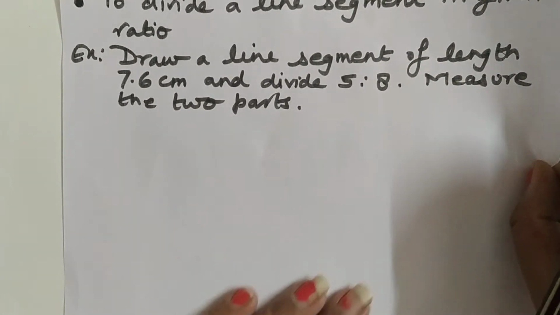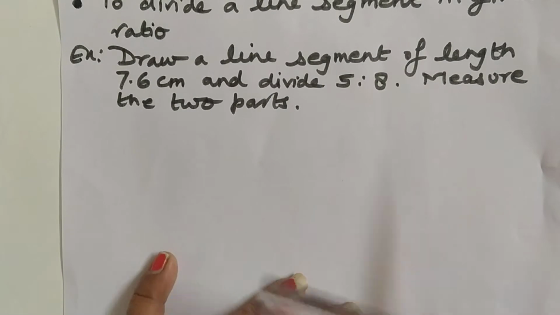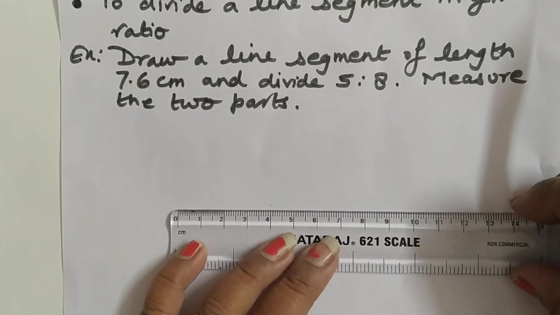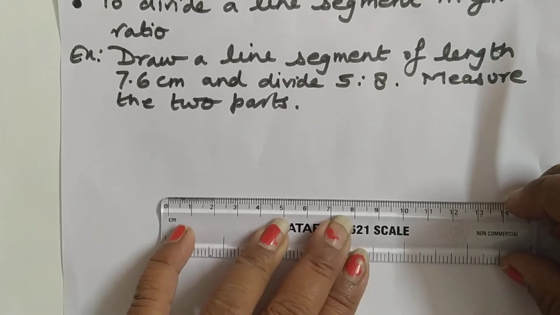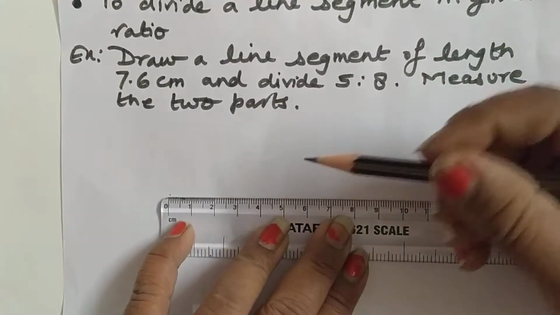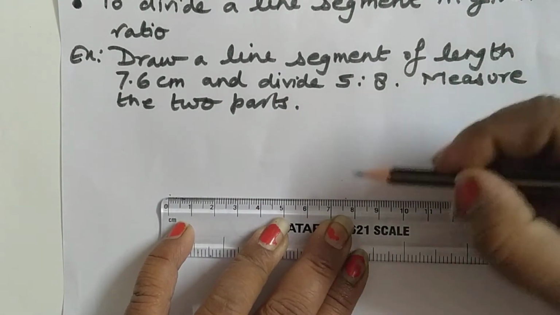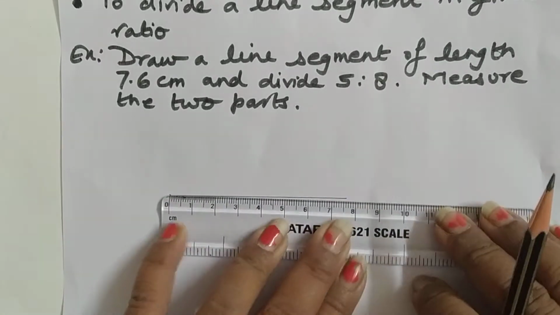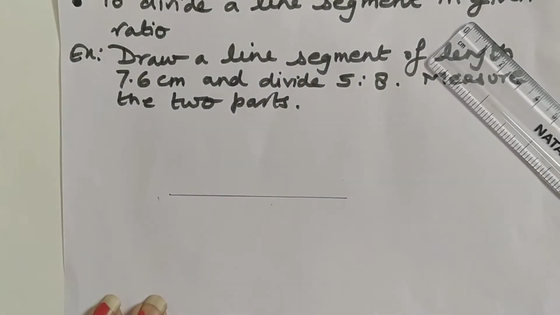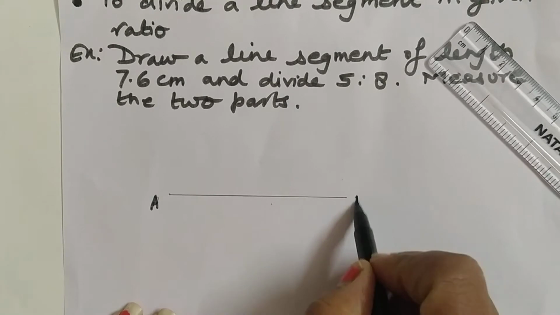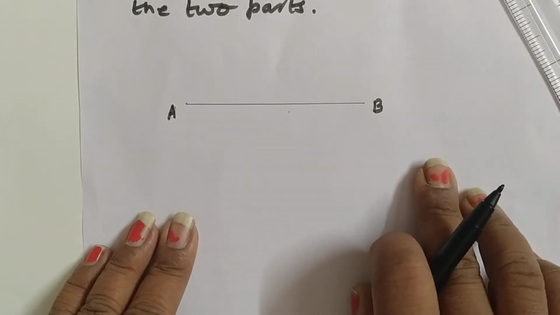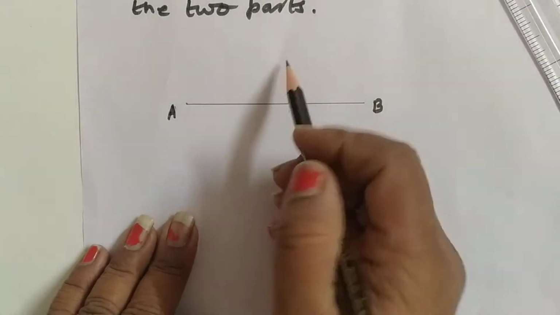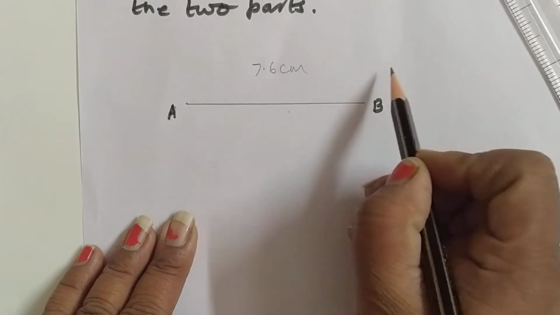First of all, the construction is important. As it is given, first we will draw a line segment of 7.6 centimeters. See it carefully. Here is the starting point, and here we can see 7.6. Suppose this line segment is AB. Here I am giving the names: this is A and this is B. I hope you are able to see the line segment. This is the very first step: draw a line segment of 7.6 centimeters, as given.